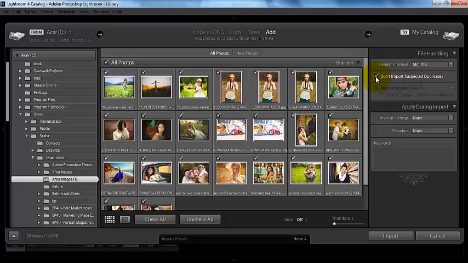And now here we have this "Don't import suspected duplicates." Now the one thing that's really nice about this box is that it doesn't just look at the file name, it checks out the metadata. So for example,